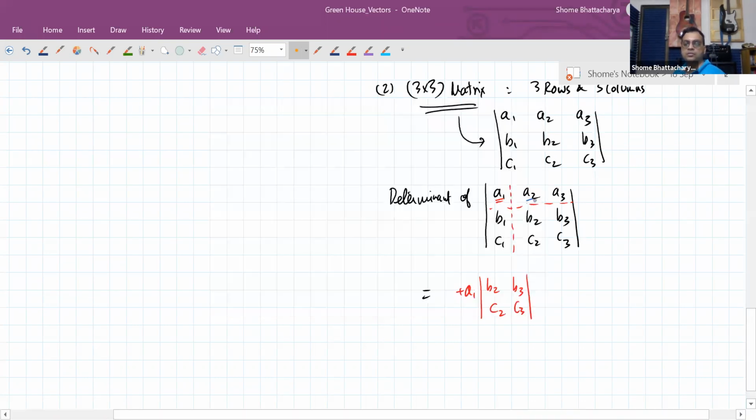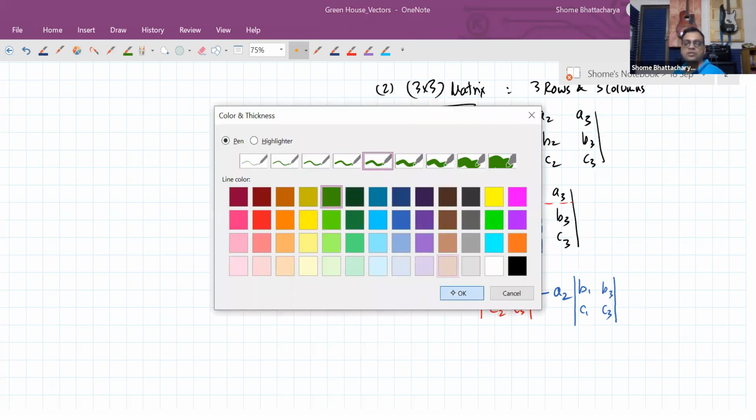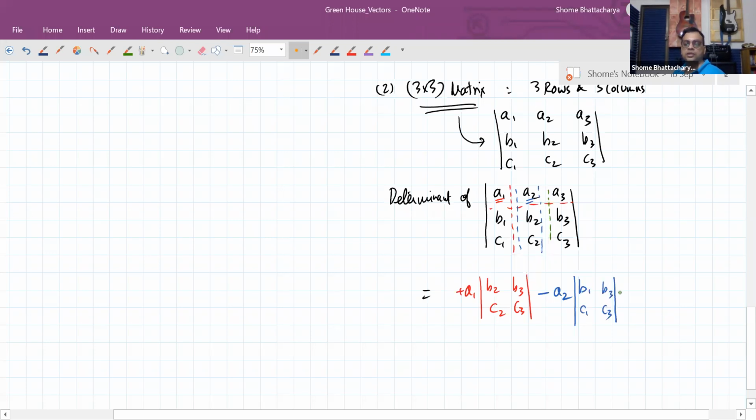Then next, you have to take out this term. So for that, you have to take out this column. And remember, the middle term always comes with a minus sign. So it's minus a2 into this 2 by 2 matrix. Now this 2 by 2 matrix will come after removing the middle column. So you have the first and third column, which will have values like this. And now similarly, next you isolate out the third term, again comes with positive sign. So the first and third come with positive sign. The middle term comes with a negative sign.